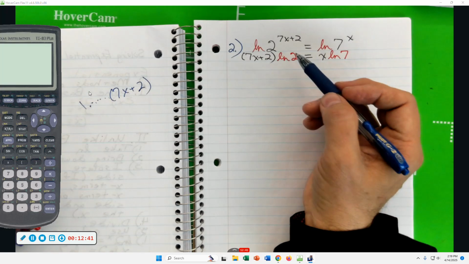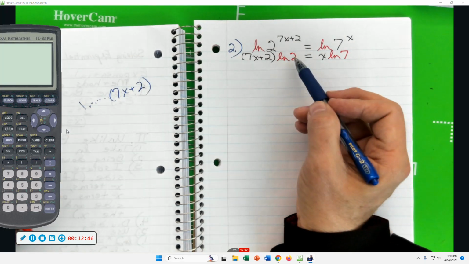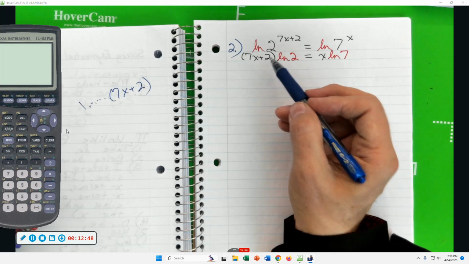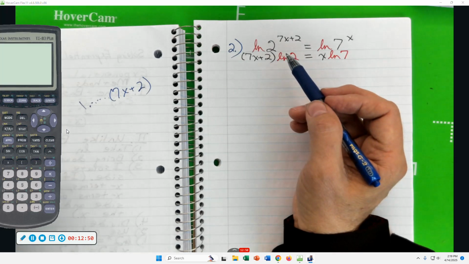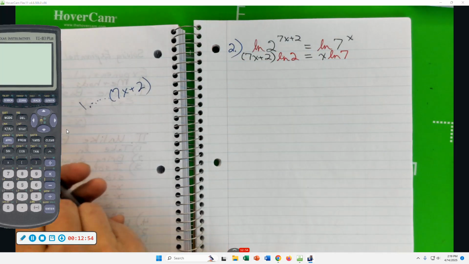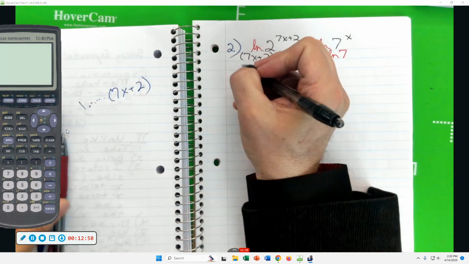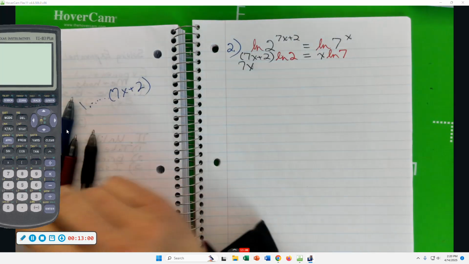We're going to have to distribute. Distribute the ln2 over the 7x, and then the ln2 times 2. A word of advice, do not get creative when distributing. 7x times ln2 is just 7x times ln2